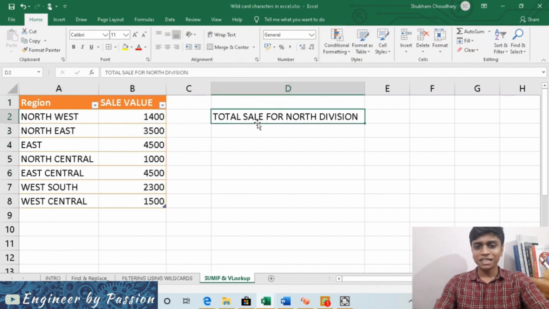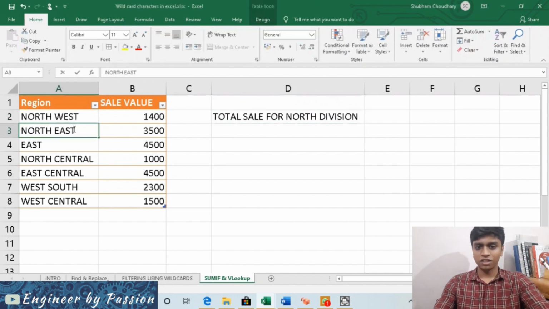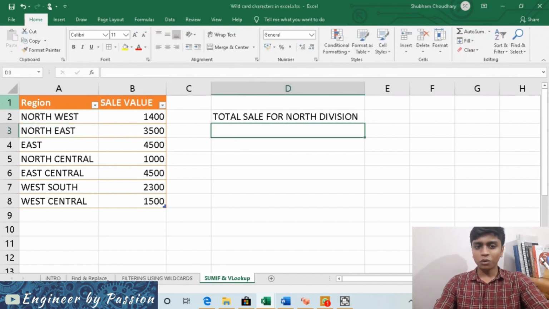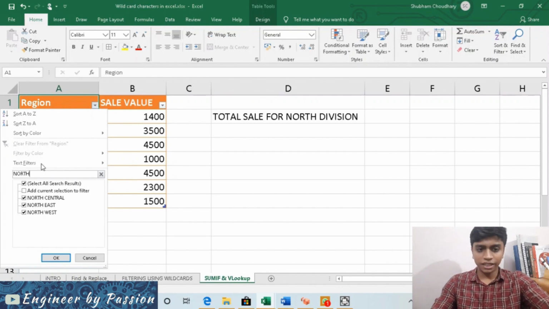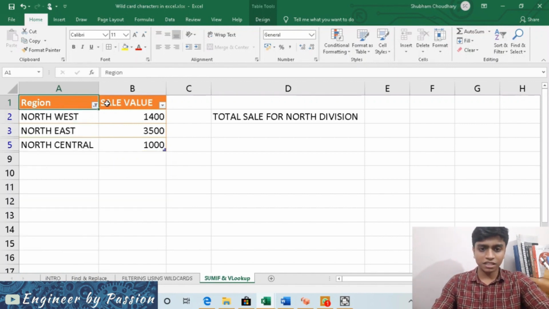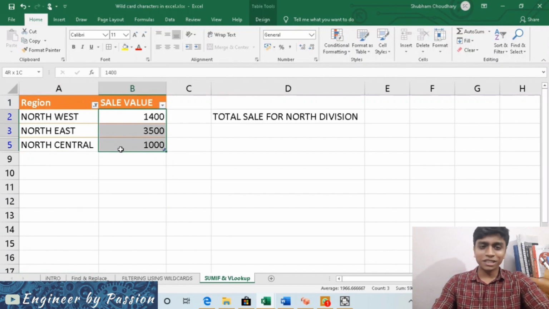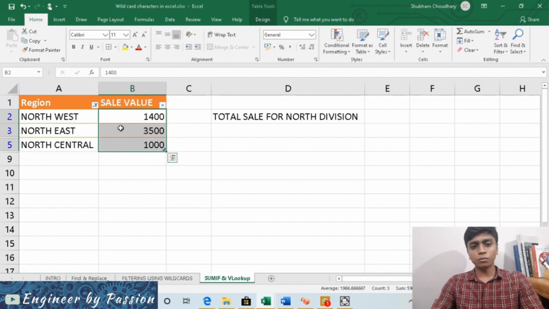In case I have a query that I want the total sales of the north division, irrespective of whether it is northeast or northwest, how do I do it? Normally we can filter north with an asterisk at the end, press enter and sum all this. But this is very lengthy in case we have bulk data.